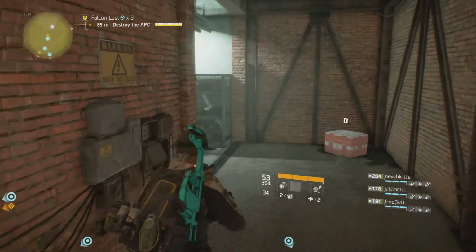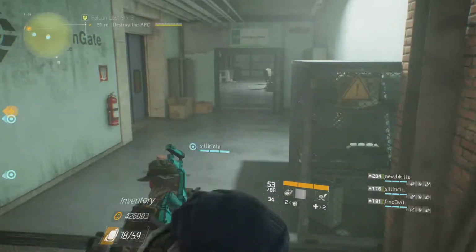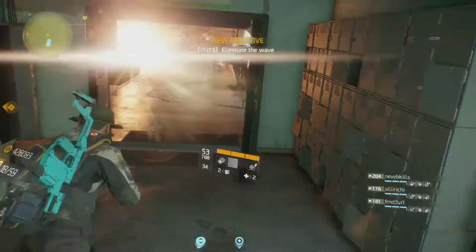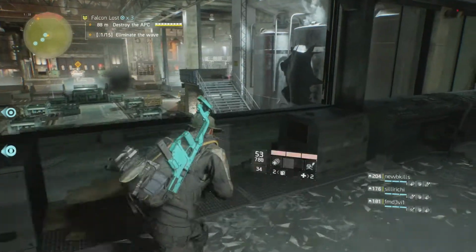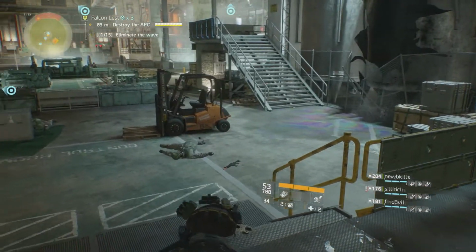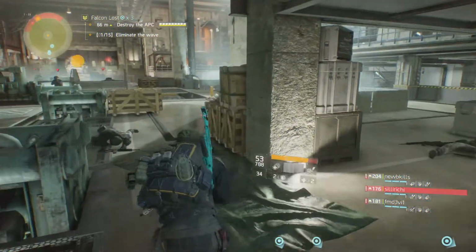Today I'm going to give you the easiest way to beat the Incursion, or at least the way I think is the easiest. Let's just get started. When you first start the Incursion, you don't want to hang out in that room. You can if you want to, but what me and my friends did was run out and go